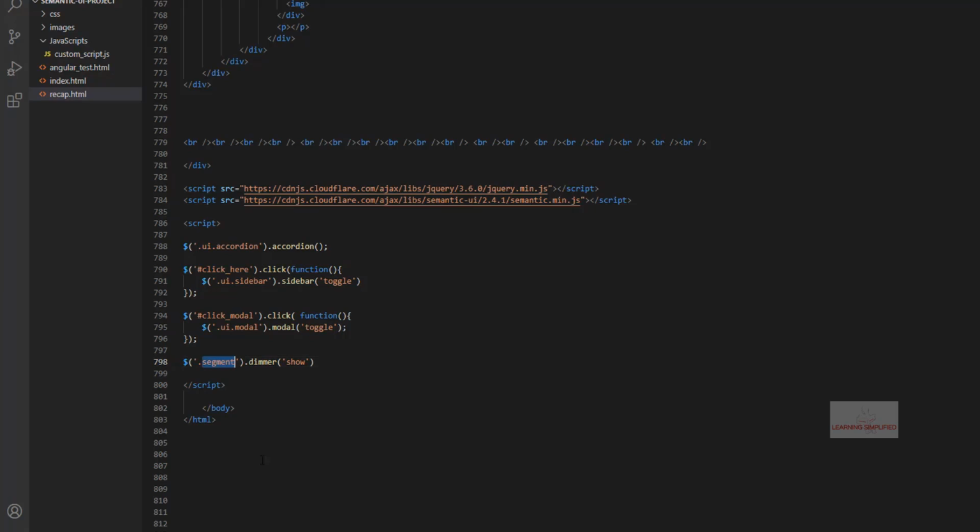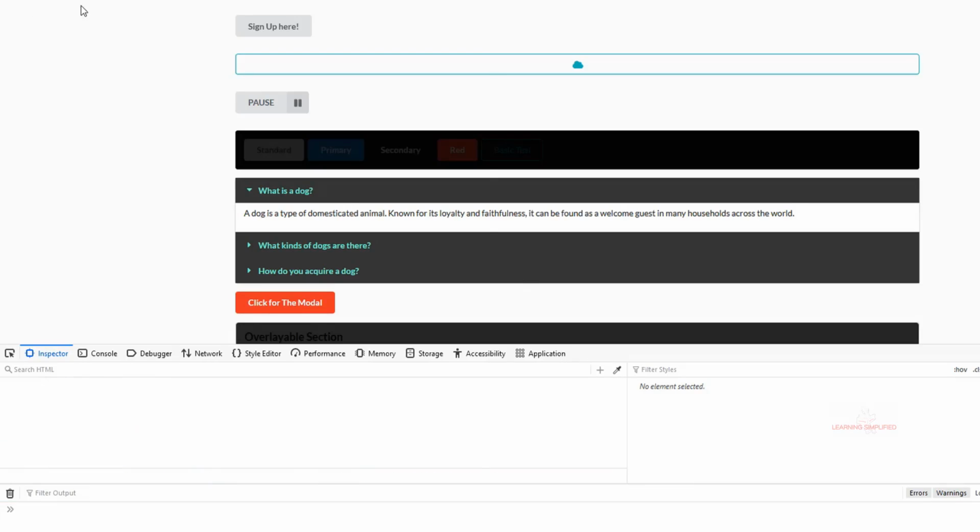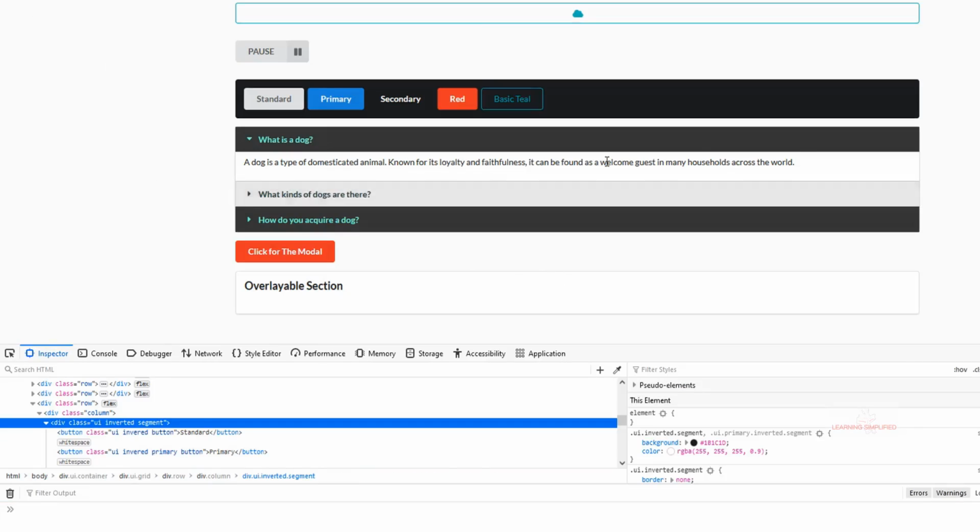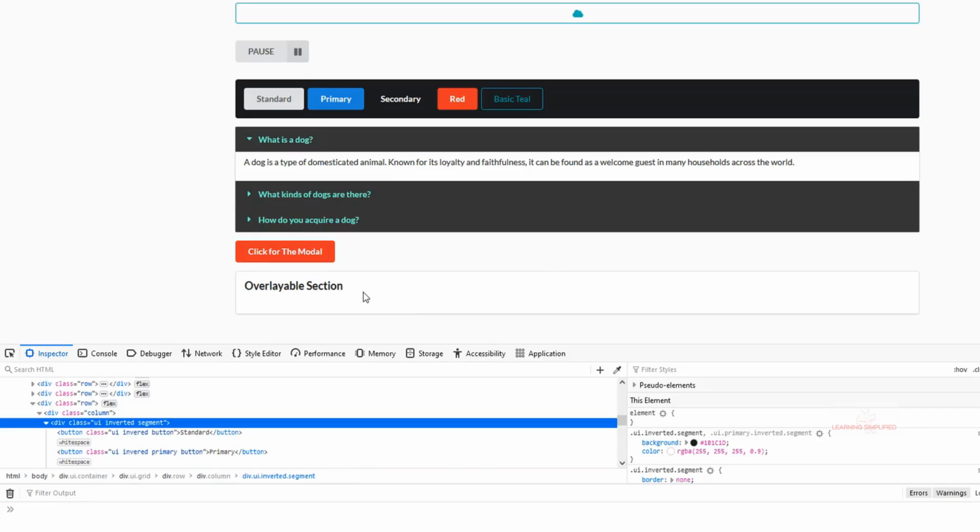In that essence, if we rather use UI dimmer, and now head back to our project and reload, we can see that we cannot access the dimmer class anymore. We cannot see any dimmer class right over here because, as they have said, dimmers are automatically generated.